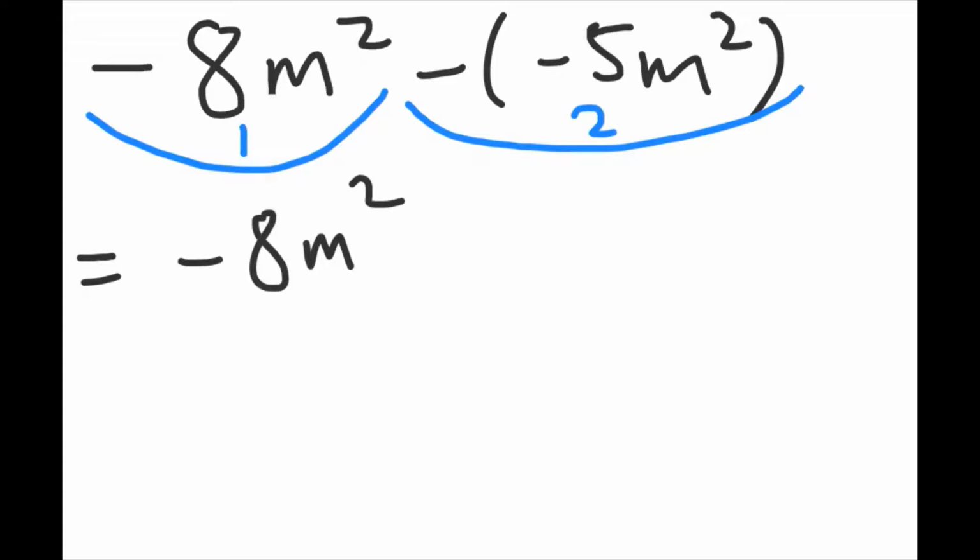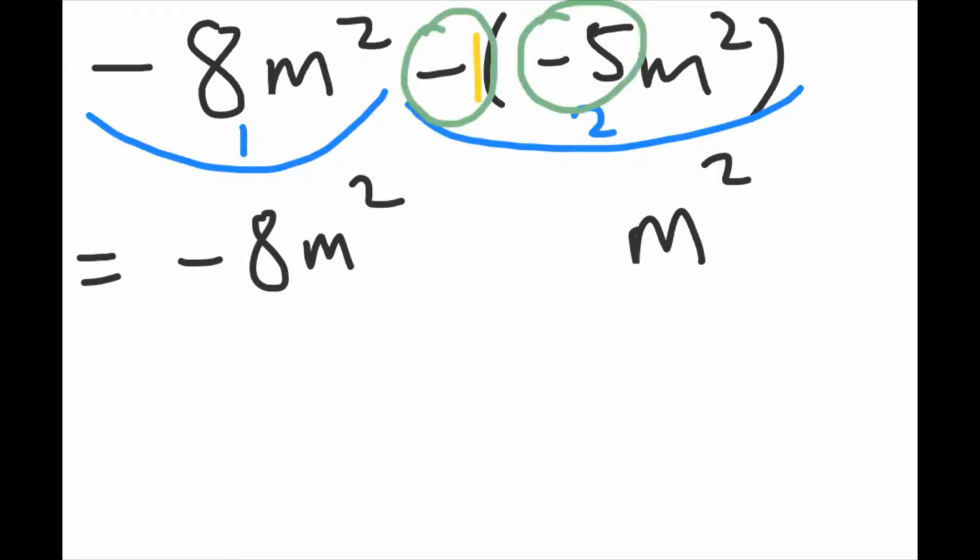So the second one, we sit with the m squared, but now, if there's nothing in front of the bracket, it means there's a 1. So we have to do minus 1 times minus 5, and that answer will give us plus 5. So the minus and a minus is a plus. 1 times 5 is 5. So now we have